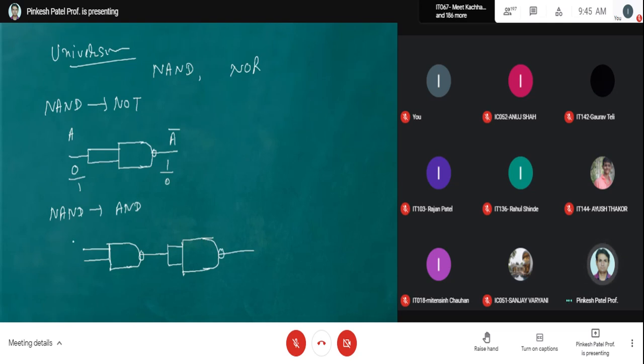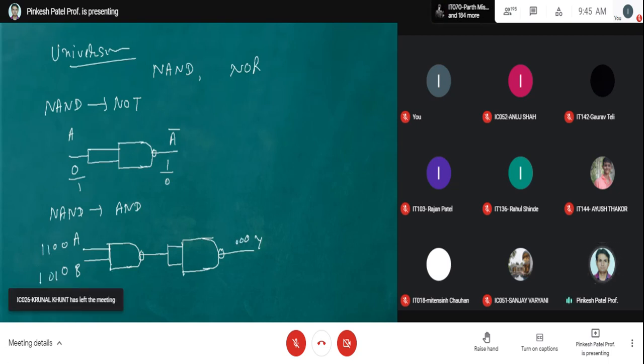This is A, B, this is Y. So whenever you get 0 0, output is 0. 0 1, output is 0. 1 0, output is 0. 1 1, the output is 1. So this is an AND gate by means of a NAND gate.